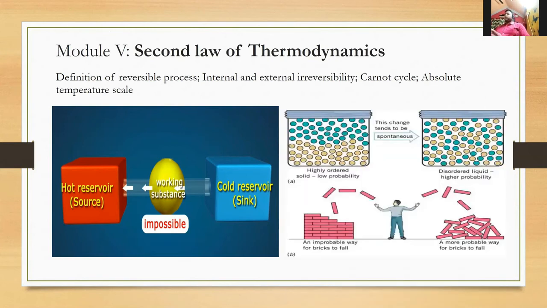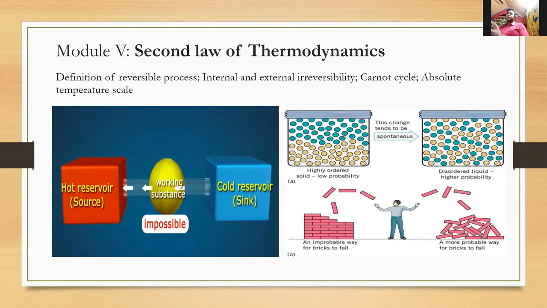We'll talk about the Carnot cycle, and we'll also see the spontaneity of processes, which is delineated by the second law of thermodynamics. It says how you come from a highly ordered solid, which has a very low probability, spontaneously to a disordered liquid, which has a higher probability. It's like disorder: how nature goes from order to disorder, and how easily it happens. That is something really important to understand as an outcome of thermodynamics.